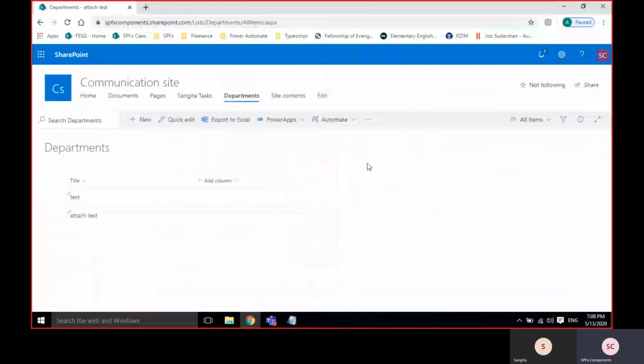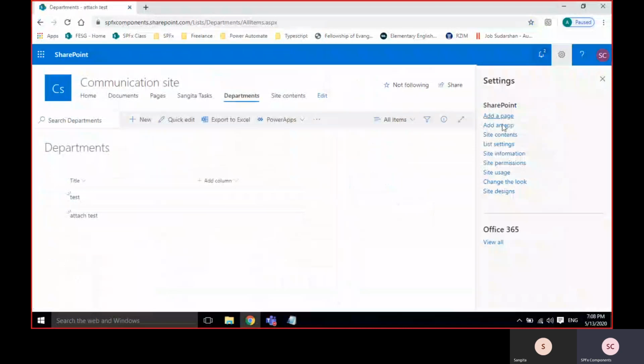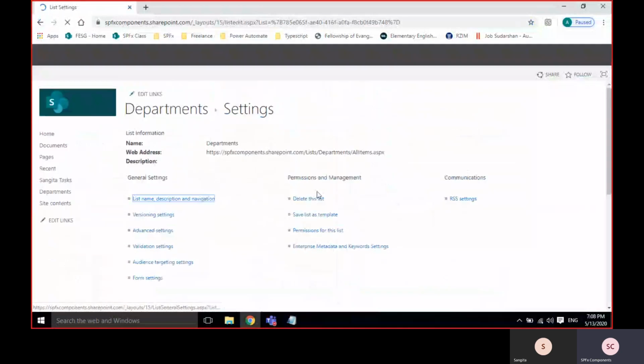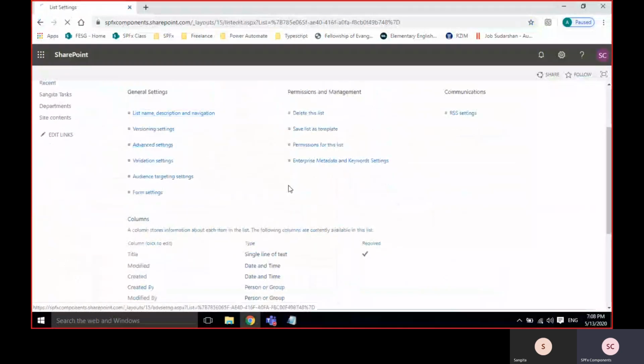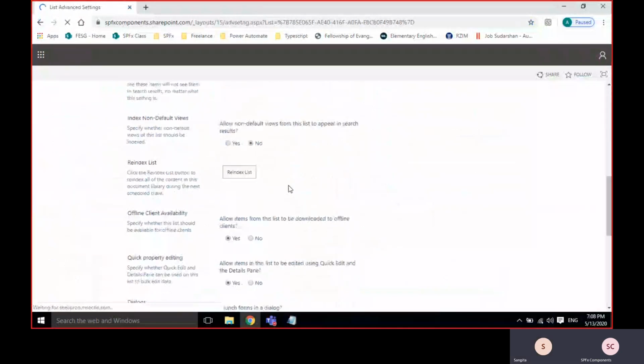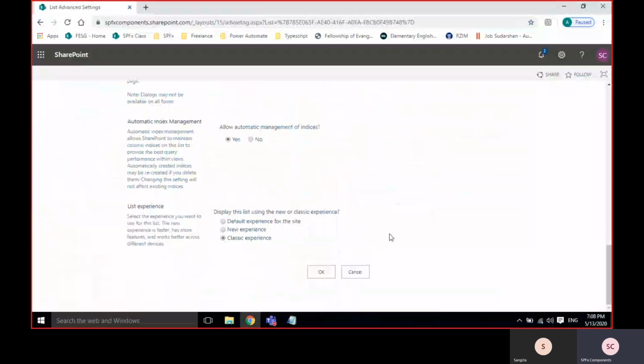Okay. So I'll just make this a 2013 version. For that, I have to click on list settings. Here I have advanced settings, and click on classic experience. Okay.